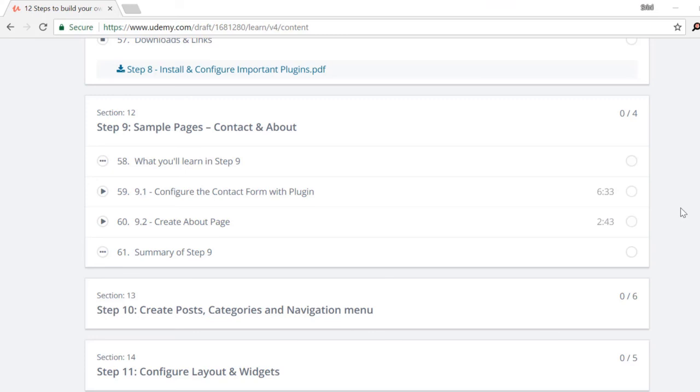A post is content like news which keeps on changing. So every day you come and write your content, and then you post a blog. All that content that frequently changes, you might need to write as a post. Don't write it as a page, because that is not static content. That's the difference between pages and posts. So in this section of step 9, you have learned how to create a page. In step 10, you will learn how to create a post. Okay, let's move on to the next section.